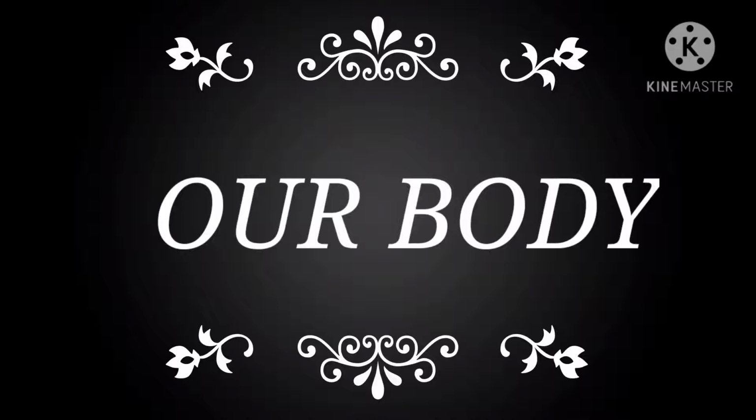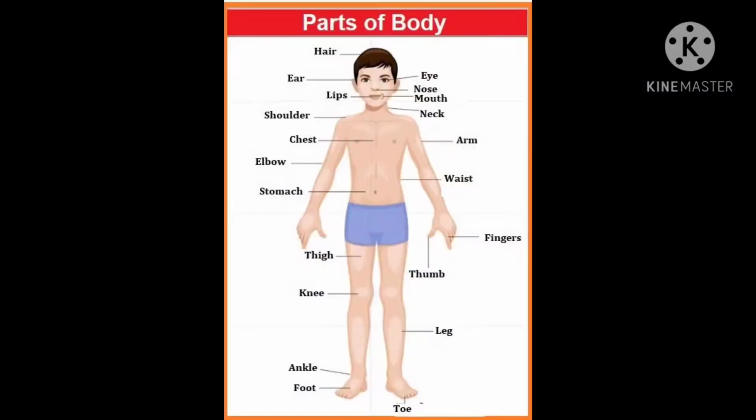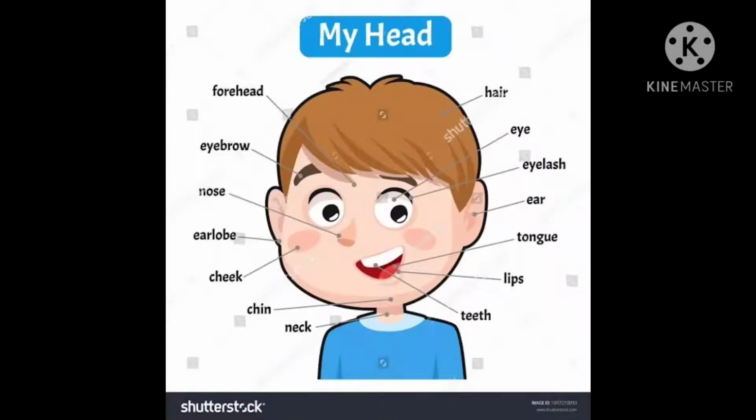Children, first we are going to learn about the structure of the body. The head, torso, arms and legs are the main parts of the body. The head, arms and legs are joined to the torso. Now let us learn about head. The head is covered with hair. Below the forehead are two eyes. Here you can see on the screen children, with eyebrows and eyelashes.